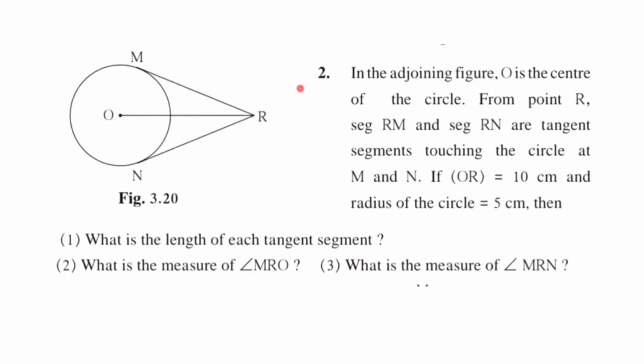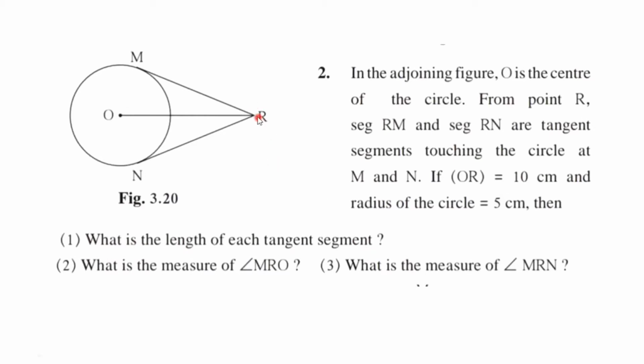Let us consider the second question. Here one diagram is given, and based on that we have questions. O is the center of the circle which is given. From point R, segment RM and segment RN are the tangent segments which touch the circle at points M and N respectively. If the length of OR is 10 centimeter and the radius of the circle is 5, then we have to find what is the length of each tangent